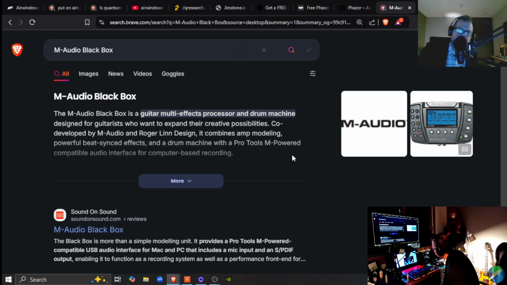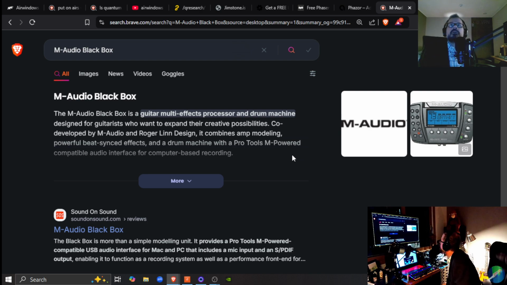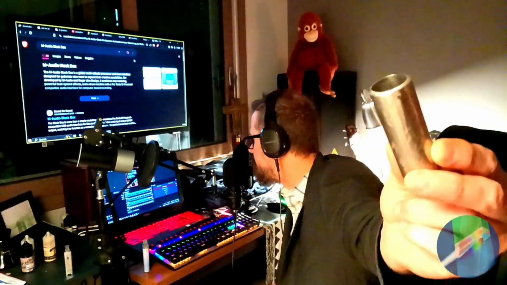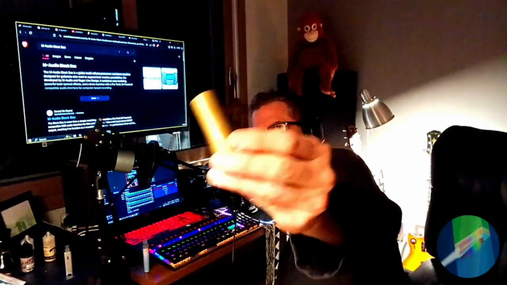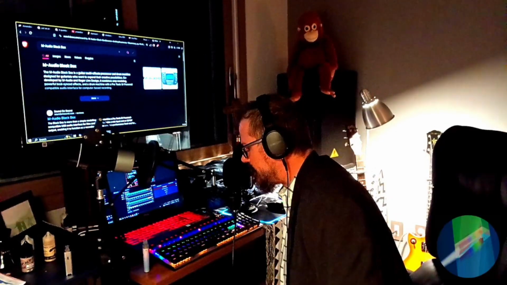Here's a cool thing I got that you might be interested in. I'm a slide player, have been. Good old brass slide, a Dunlop brass slide.